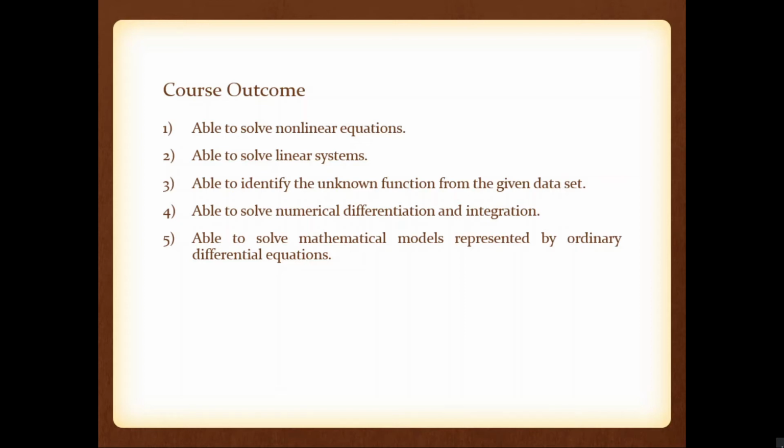So please note this subject has 5 course outcomes. Corresponding to the first module, we have the first course outcome. Corresponding to the second module, the second course outcome. Corresponding to the third module and 75% of the fourth module, you have the third course outcome. Then corresponding to the last 25% of the fourth module and the first 25% of the fifth module, you have the fourth course outcome. Then corresponding to the remaining topic, we have the fifth course outcome.